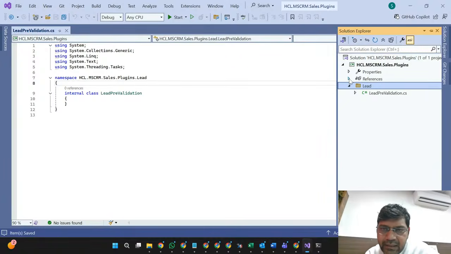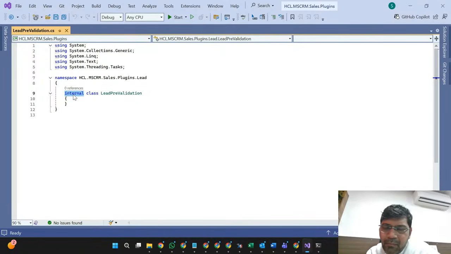There are certain steps, certain stages you have to follow so that you can register your code, because Microsoft has given you some options and you have to follow those options and extend their existing process. So this is the internal class purpose.